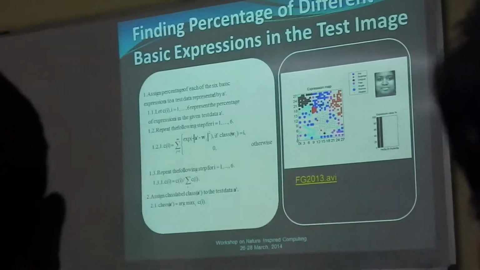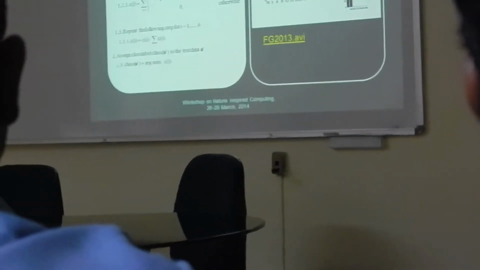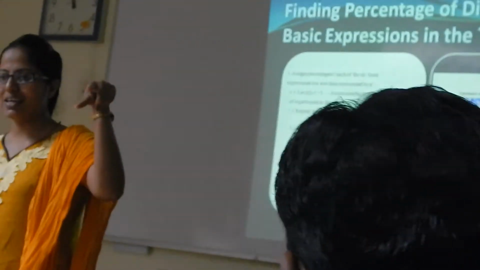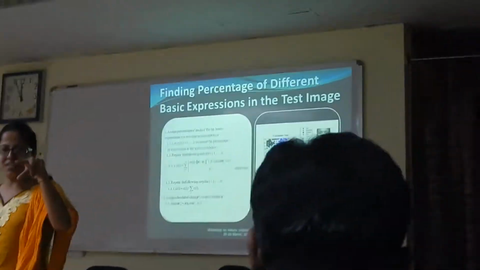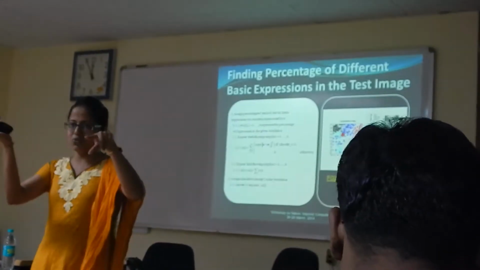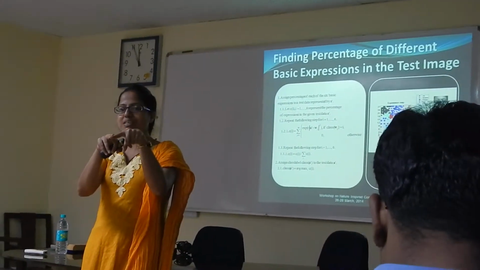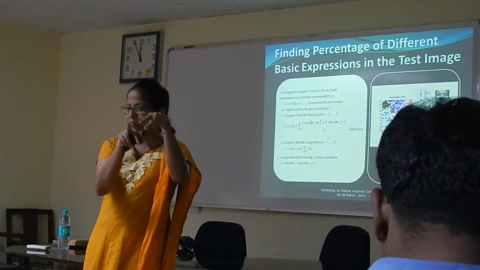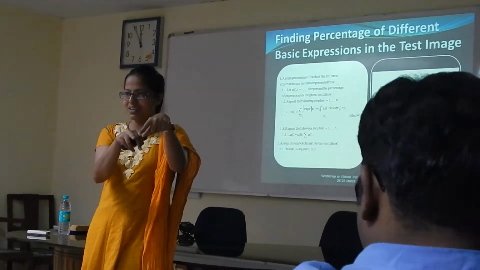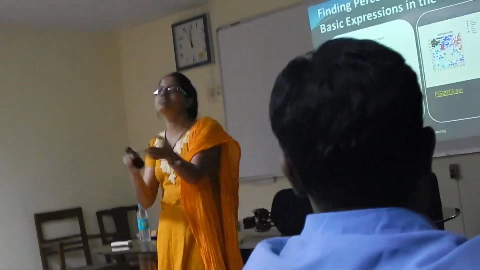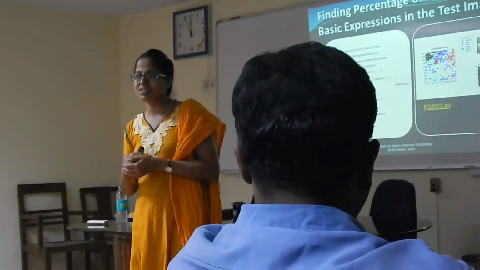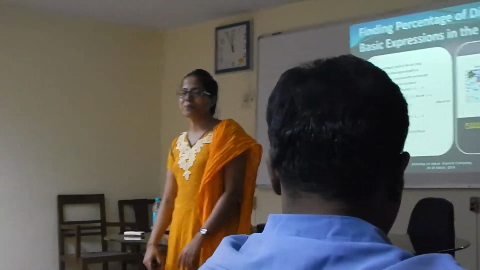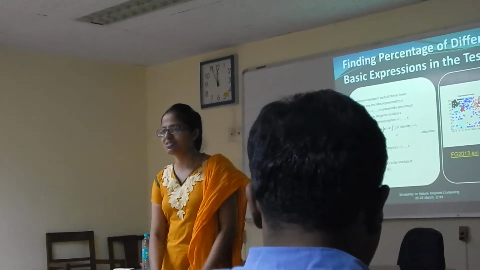Actually, that's not that simple, because suppose one input is coming that corresponds to happiness, and that maps to a particular neuron, say neuron A. And again one input is coming, say surprise. The person is happily surprised. When that input goes, again there is a possibility it can map to the same neuron A. So previously I said it is happy, then we are saying it is happily surprised or surprised. So there is a possibility of conflict, no? And we have to resolve that conflict. And what's the process? This is democracy. Go for voting.